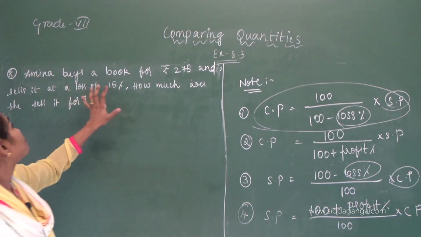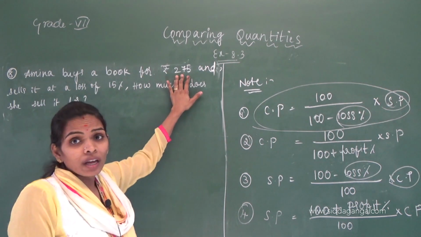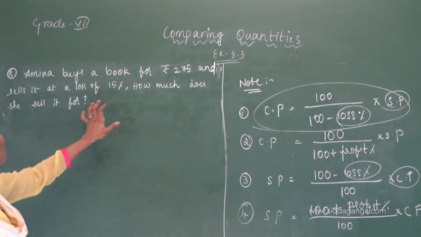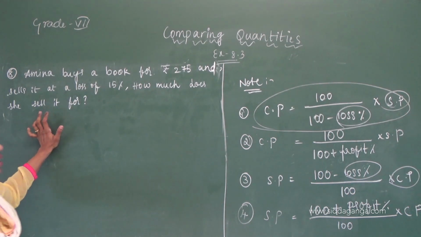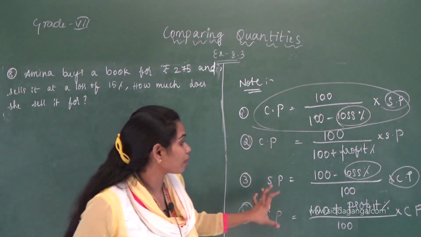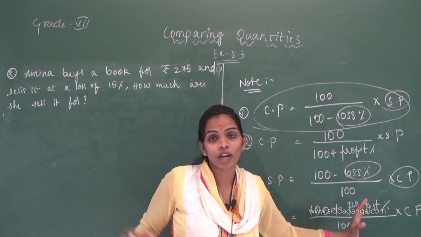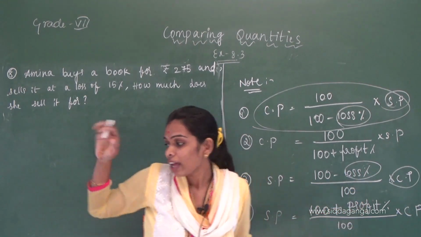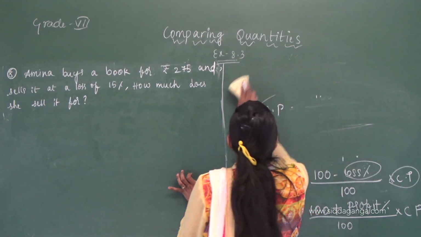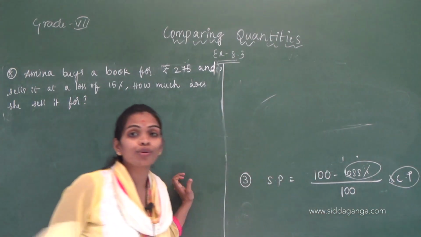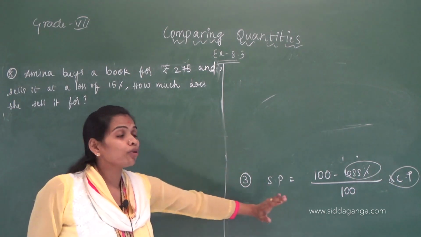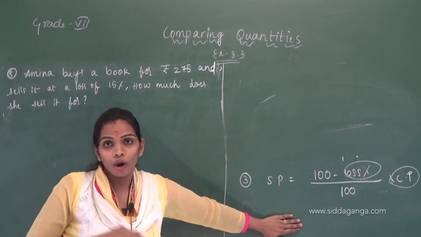We know the cost price of the book and the loss percentage of that book. We have to find the selling price of that good. Between profit percent and loss percentage, what are we getting here? Loss percentage. That is why we have to use the third formula. By using the third formula we can find the selling price of the book. I will also tell how to do that problem in the general method, and by using this formula.